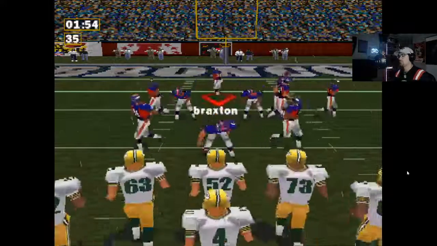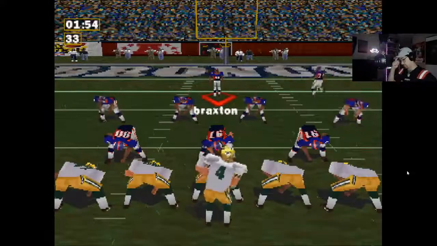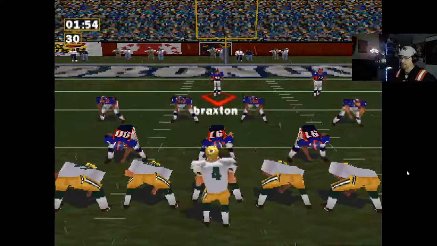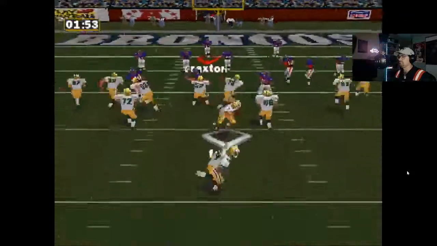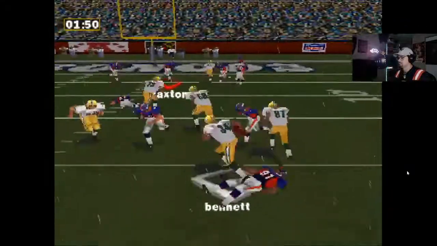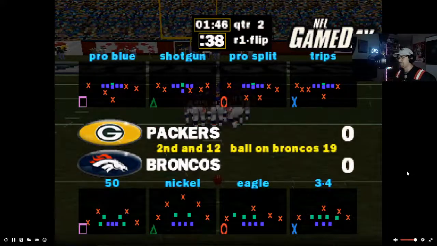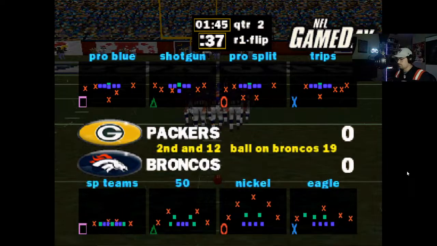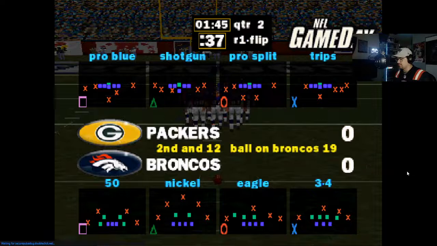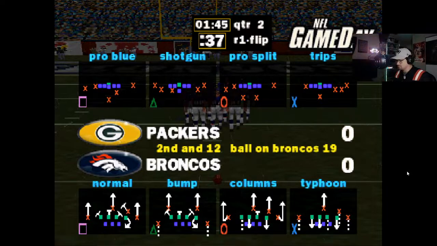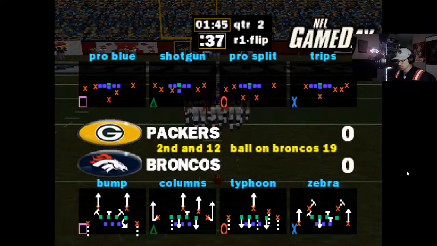First and 10 on the 17-yard line. Let's go back to the 3-4. Let's try Typhoon.